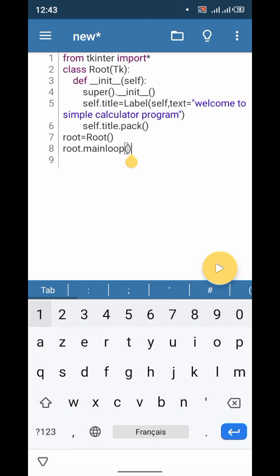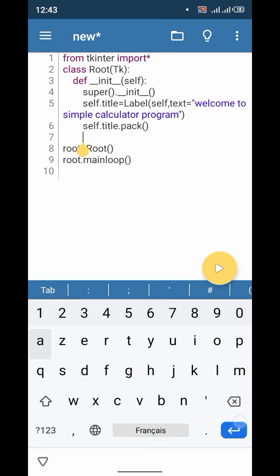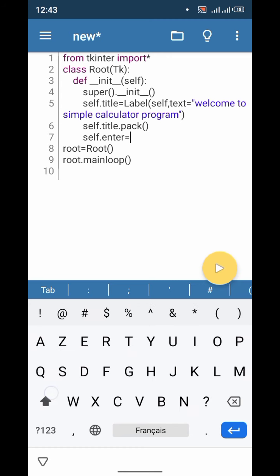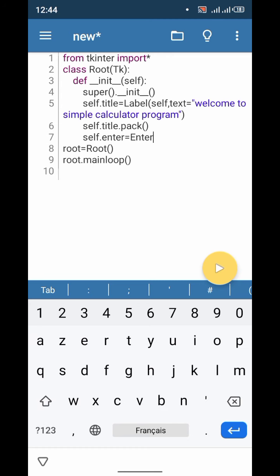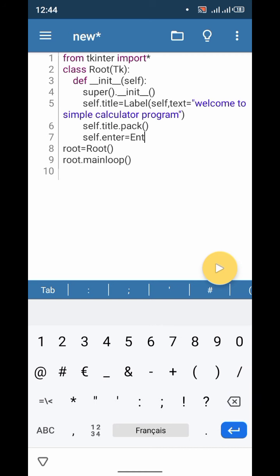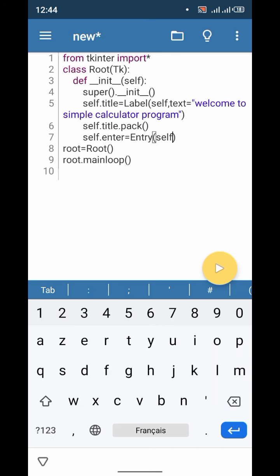Now let's add a place to enter the number. To do this, we must write self.enter = Entry, not enter entry, and here self. And now let's write self.enter.pack,